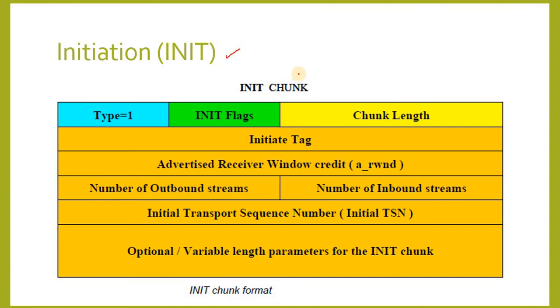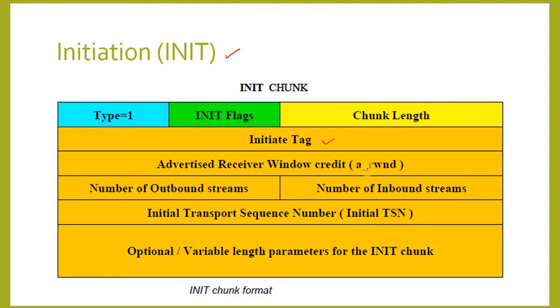Type. The type field indicates an INIT chunk. INIT flags. In an INIT chunk, these flags are all set to 0 by the sender and ignored by the receiver. Chunk length. This indicates the length of the data fields that follow. Initiate tag. The initiate tag is an unsigned integer that is generated at the sender's end, any value except for 0. The receiver records this and places it into the verification tag field of every SCTP packet that is transmitted